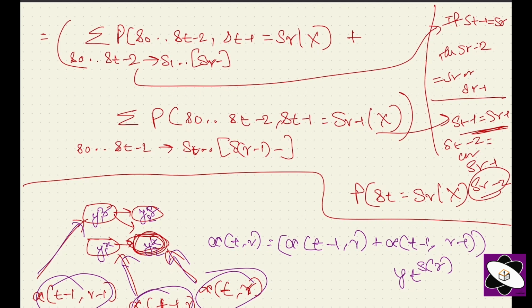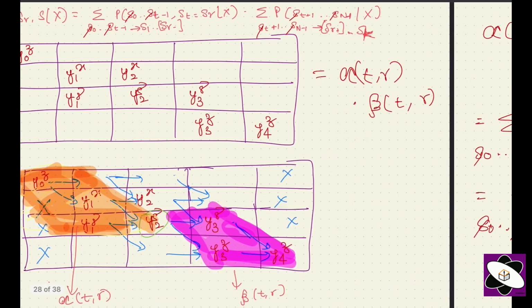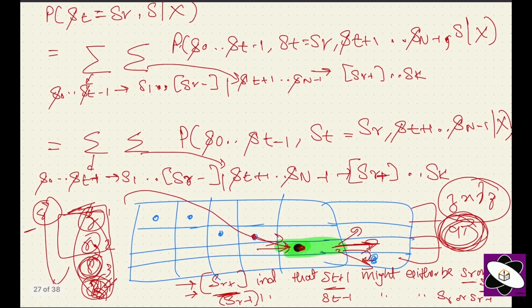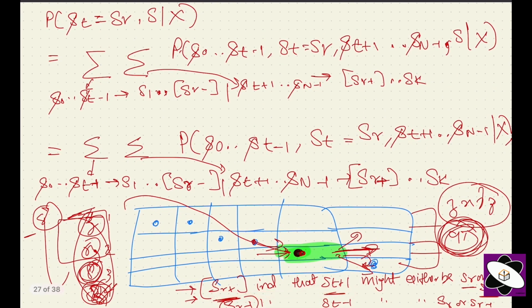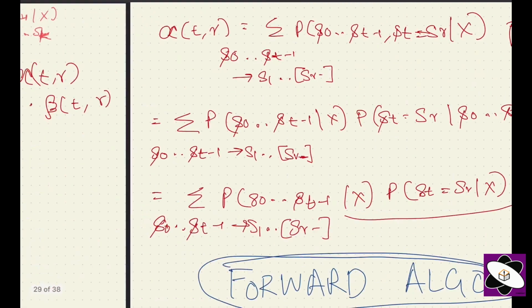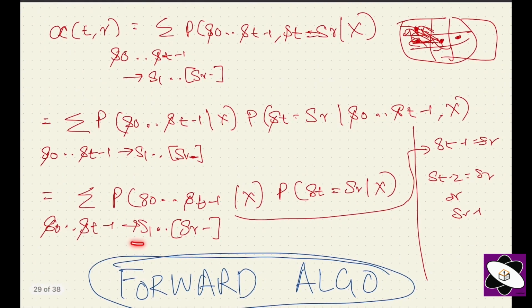What we are saying is that over here till st minus 2 we are doing, and st minus 1 we are assuming to be sr, and st minus 1 we are assuming to be sr minus 1. So for that, again, for st we have found that for st minus 1 it can be sr or sr minus 1. Then again we have branched this, because for this one what we have to do is this is